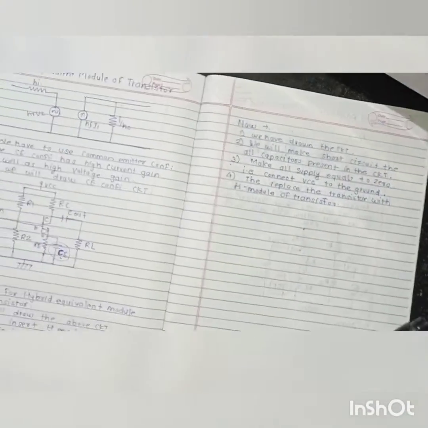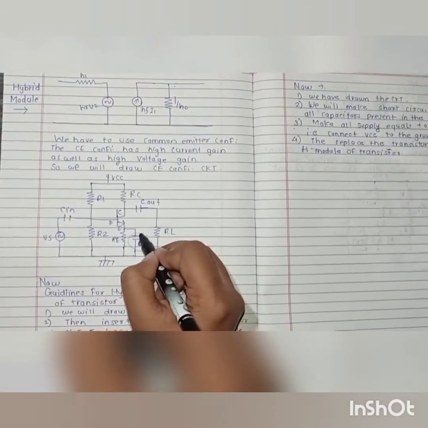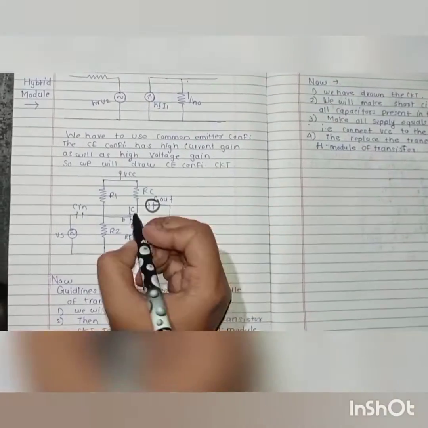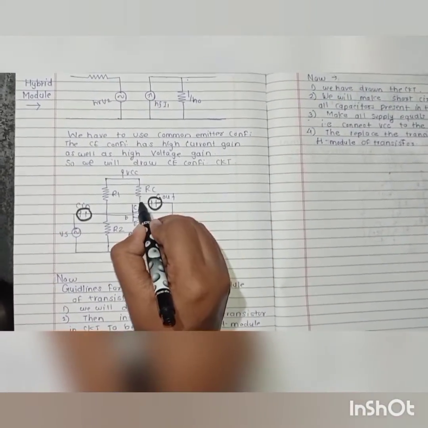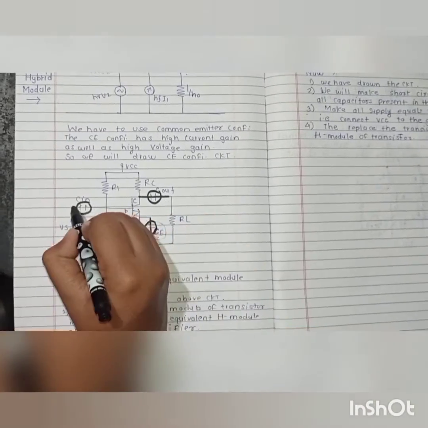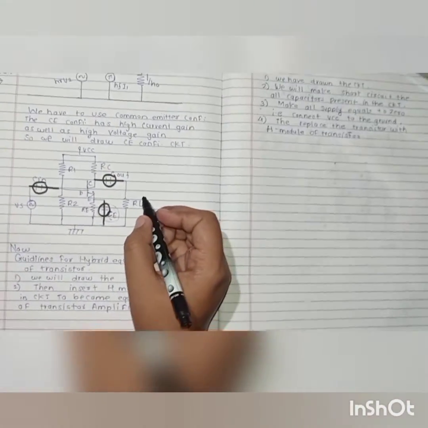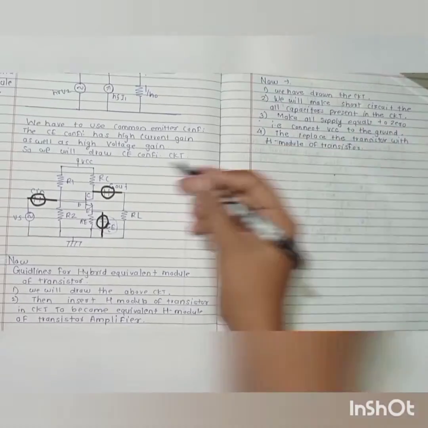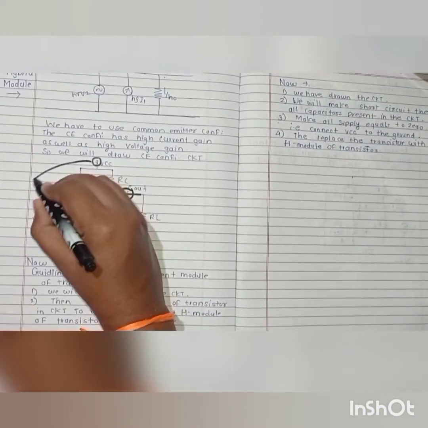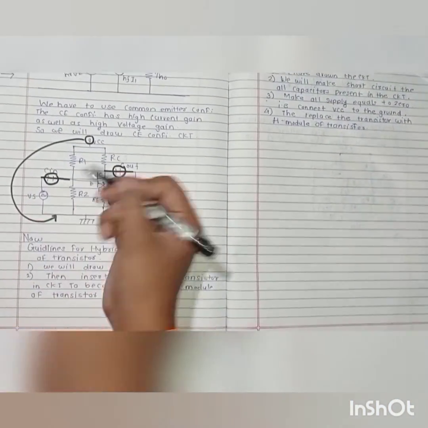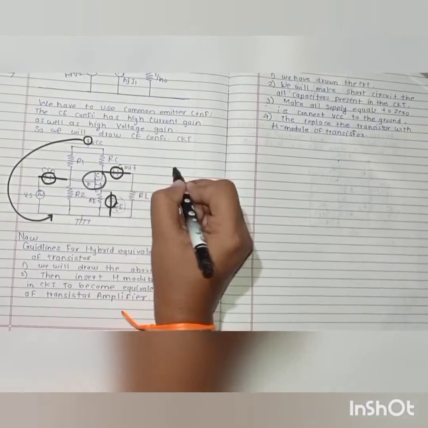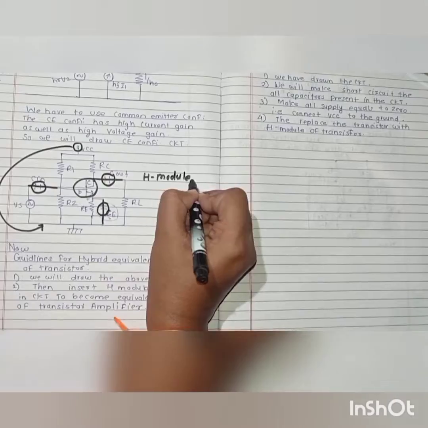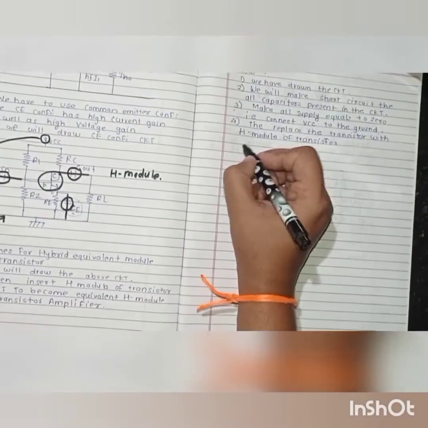So here we will short all the capacitors which are connected in the circuit, which means there is a straight path. Then we will make the supply equal to 0, which means we have to connect this VCC to the ground, and replace this transistor with an h model. So the circuit becomes